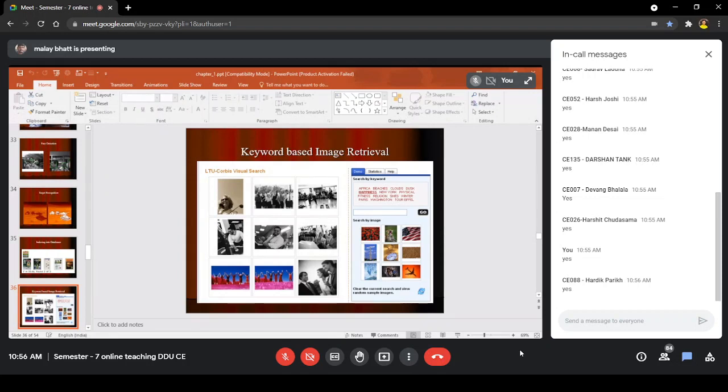So here the happiness word is selected. When the happiness word is selected, it will find the images with happy faces. You can see that people are talking. In the first picture, a lady is talking on a phone. In the other one, it is a group photograph. You can clearly see that the faces of the persons in the images are showing happiness.